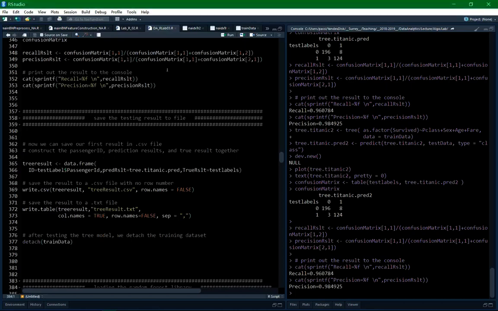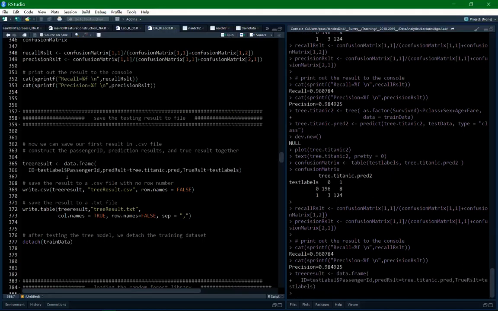So we finished a lot of experiments. We can save some of the results into a CSV file. That's easier for future observation. We can create a data frame. The first column is called ID, we have the passenger ID, and we have the predicted results and the true results. We combine them together as a new data set. That's going to be a data frame, and we can save this to your working directory by using